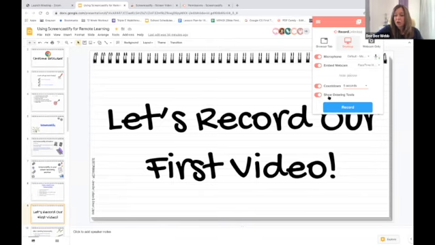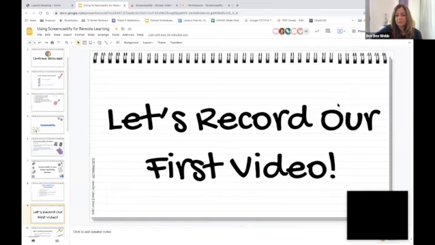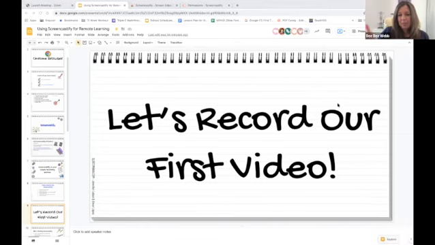And then the show drawing tools, if you enable that, then you are going to see a little toolbar down in the bottom left-hand corner of your screen, and that will give you some tools that you can use to write on your screen. Okay, so now I'm going to go ahead and click record, and you can see that my webcam is going to pop up down in the bottom corner.